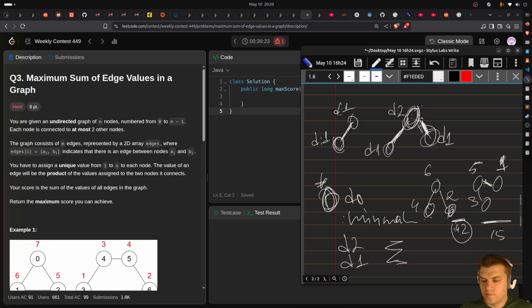So the sum of multiplications. Say score i, score j, and then it's going to be some kind of this formula. And I need to get the maximum. So I want to reuse these maximum values as much as possible. So it means that